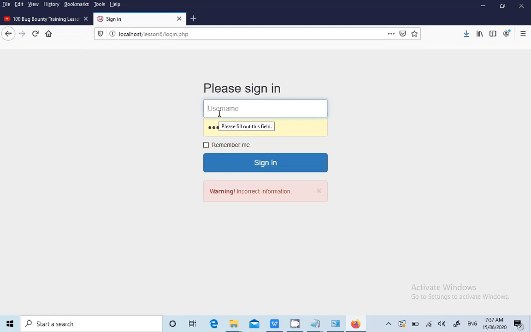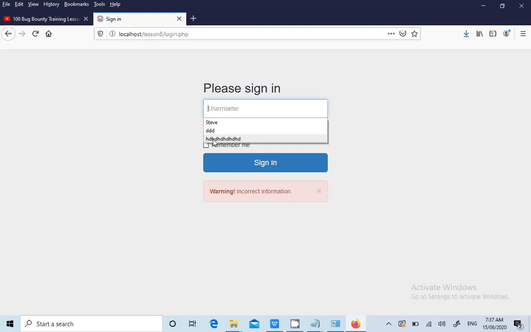Let's say when you go to a site and you enter some data on the username field, let's say you enter some random string. It's not necessary to give the correct username and password. Remember guys, I entered some random input and I clicked on the sign in button. Now what is it showing up? Wrong information. That's correct. But if you click on the username field and double click in that, you can see what all the input fields are filled here.